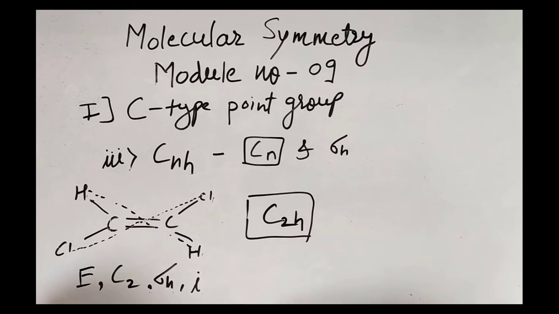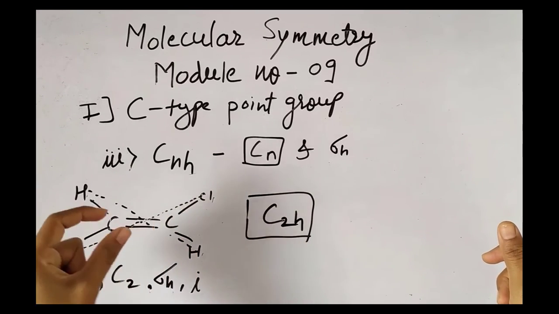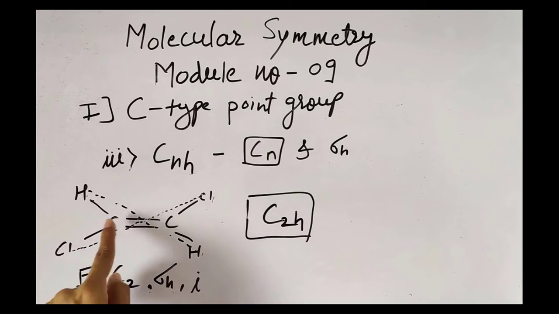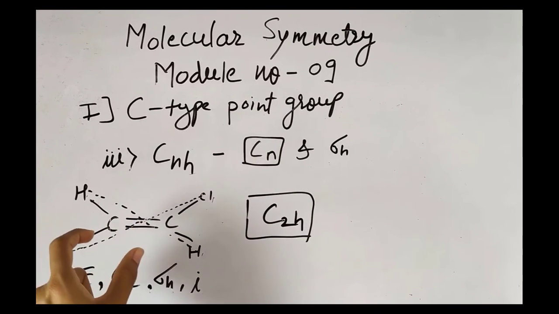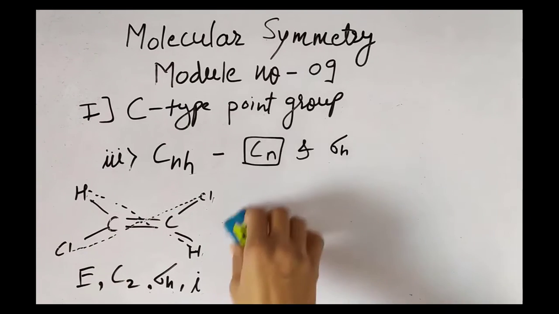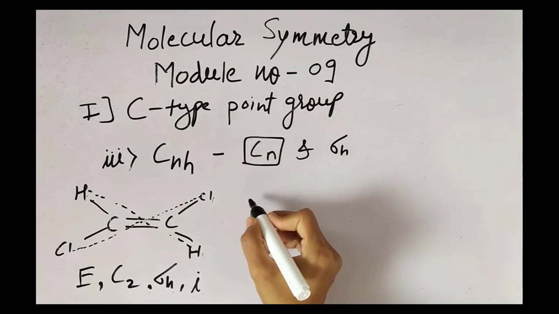Okay. Again, if you are getting a question in the exam, determine the point group of trans-dichloroethylene, draw the diagram or draw the structure of the trans-dichloroethylene molecule, draw the principal axis, explain the plane, list out the symmetry elements, write down the point group and put a box around this. And whatever you are going to draw on the diagram, whatever symmetry elements you are going to draw, all the symmetry elements you are supposed to explain in a few words point-wise.